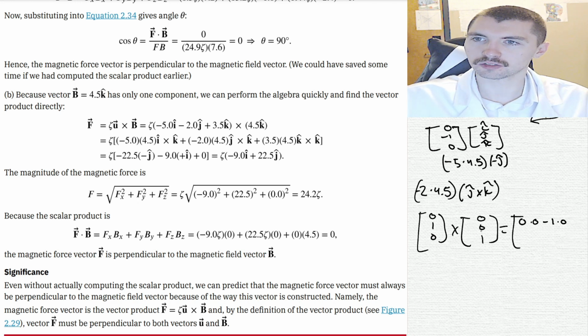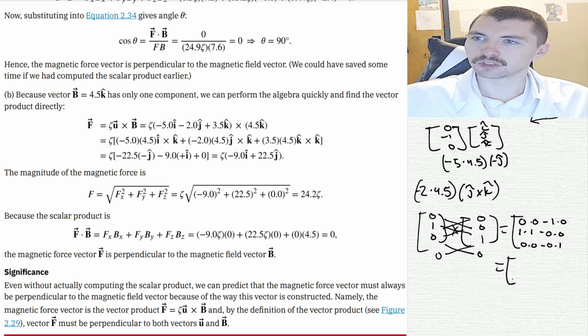Okay, and then that's 1 times 1 minus 0 times 0, and then it's 0. So we should get 0, 1, 0 equals